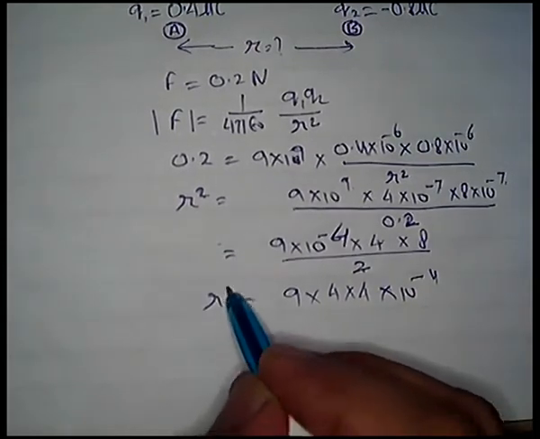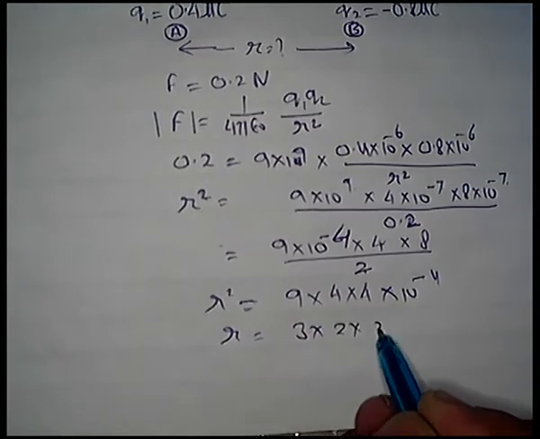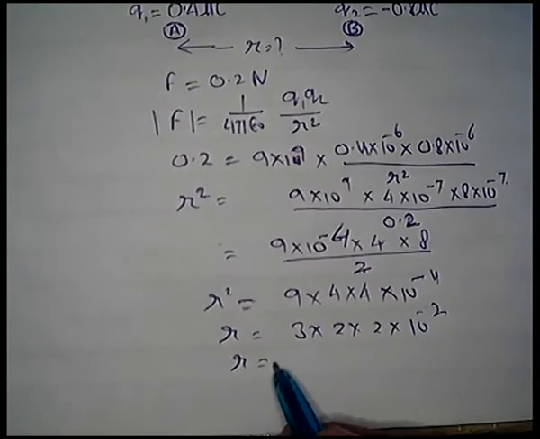This is r square. So what is r? 3 into 2 into 2 into 10 raised to the power minus 2. r equals